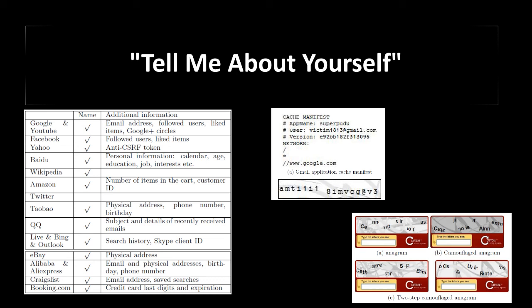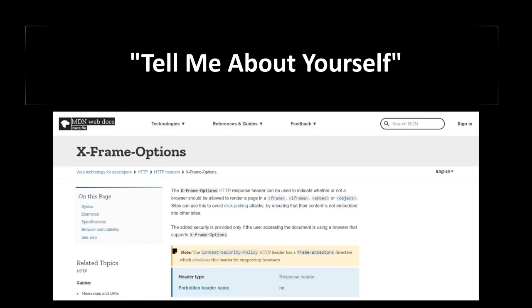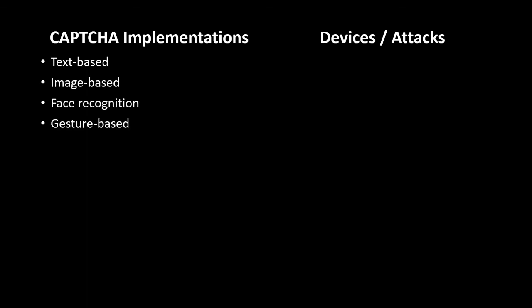Luckily, thwarting this attack is relatively simple, only requiring sites to leverage the XFO header, which prevents the inclusion of the iframes the attacker relies on, or using frame-busting techniques to do the same thing in browsers that do not support this header. With so many CAPTCHA implementations out there, and now so many different devices that are used to browse the internet and use web apps, there's no single approach that can feasibly be universally deployed.